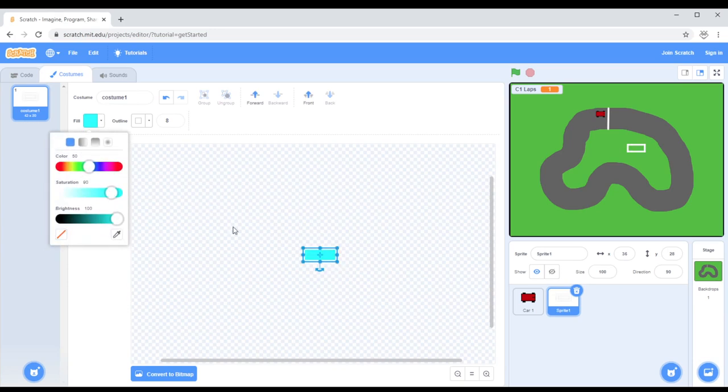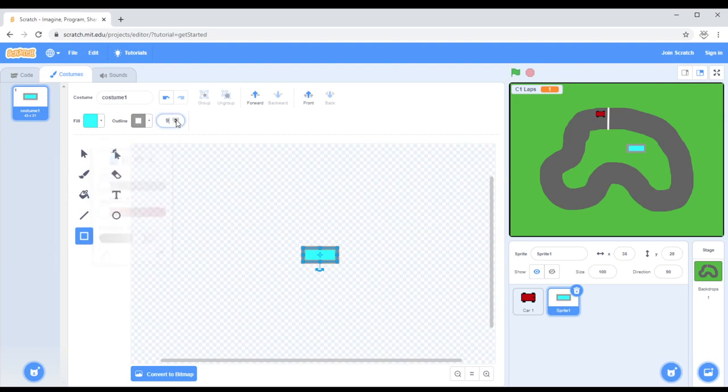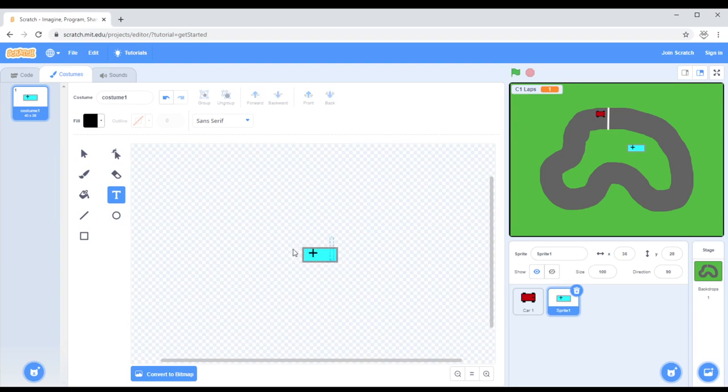We want to fill it with blue, outline black, maybe smaller outline, and we want to give it like a plus sign in the center, and we want to change that color maybe to black, and then put it right here, and put the thing right here. And then this one, I want it to just kind of randomly appear somewhere around here at